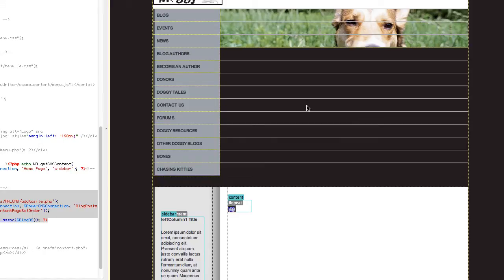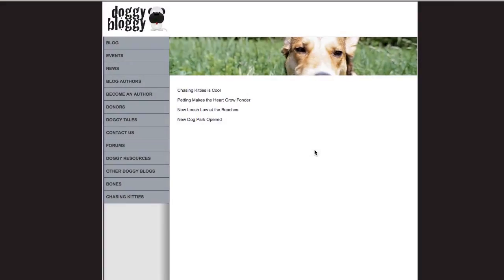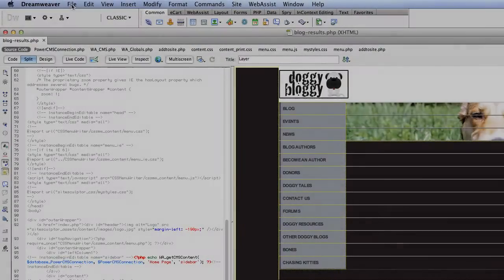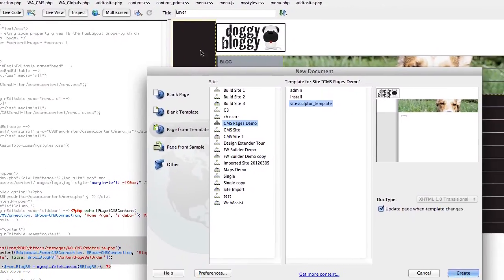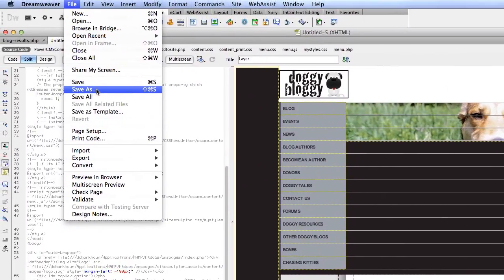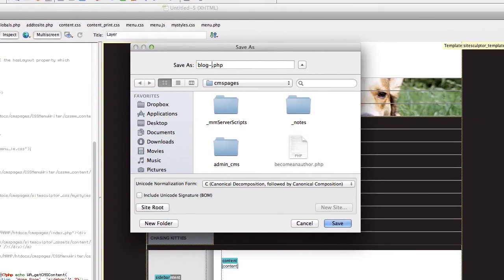This wraps a repeat region around the titles that I have pulling in from my CMS. I'll save it, and I'll preview it in the browser, and now you can see all of my blog post titles are being pulled. Now we'll add a blog post detail page. Then we'll come back and add a link to these blog post titles so that you can drill down to the entire blog post. So for the detail page, I'm going to create a new page from my site's template, save it as the detail page,